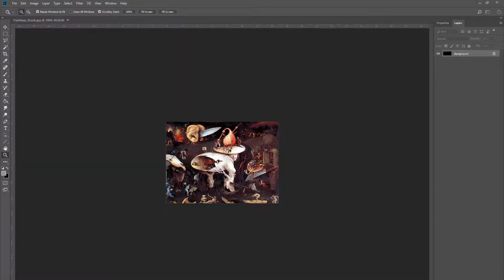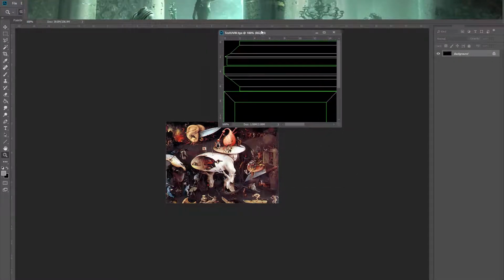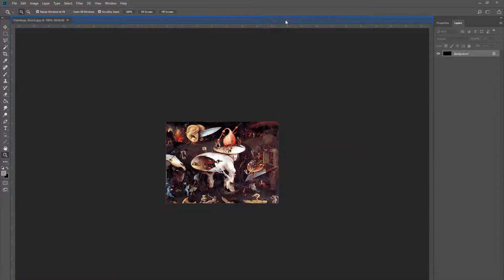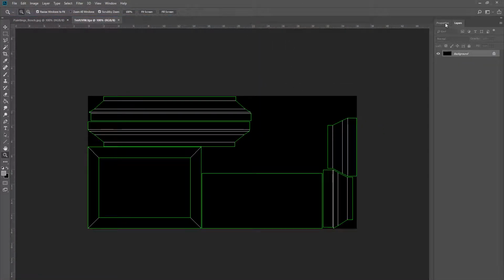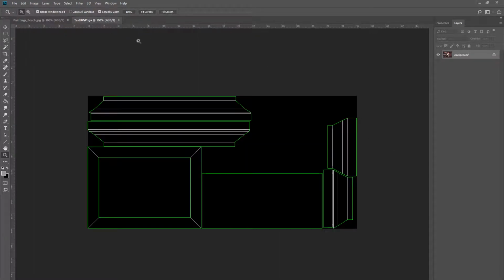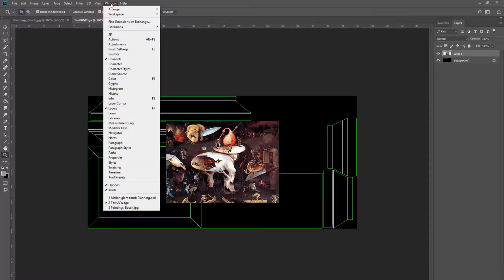Okay. There's the picture. Here's the UV. So first thing I'm going to do is go to the picture, copy it, Control A, Control C, come over here and paste it. So I have a layer with it in there, and this is the wrong scale and everything, but that's fine. This picture isn't 1024, it isn't a power of 2, so it's kind of a problem. But what I'm missing from my window here is